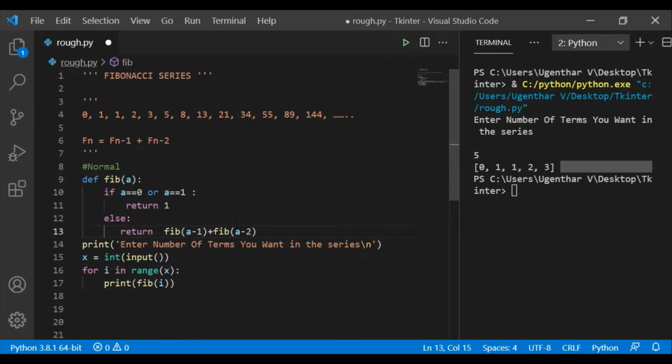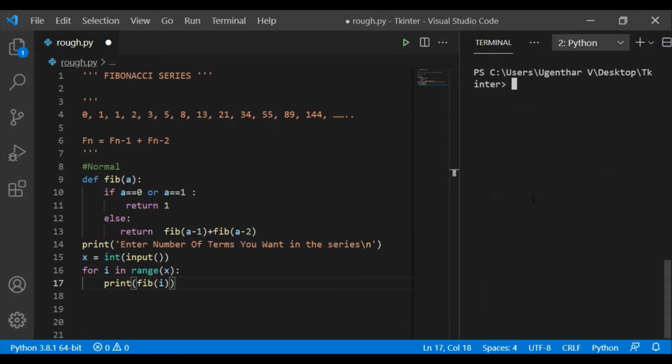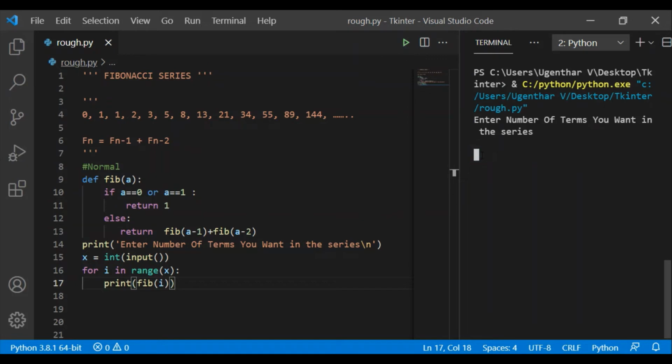I already explained how recursion works using the factorial program. You can see it in the programming playlist on the YouTube channel. Okay, you can learn from there. Let me check and see how it works. First, let me clear the output side. Let me run the code and give 5 again.